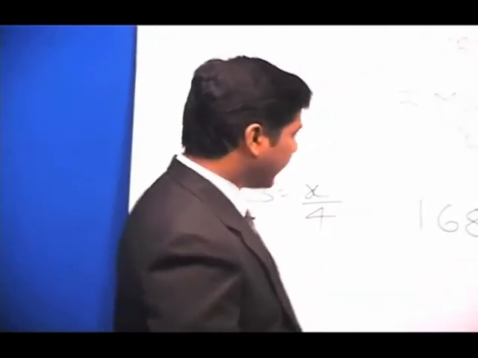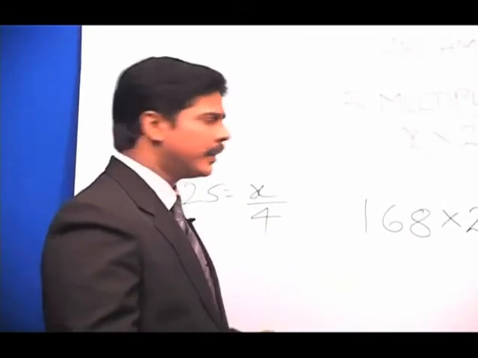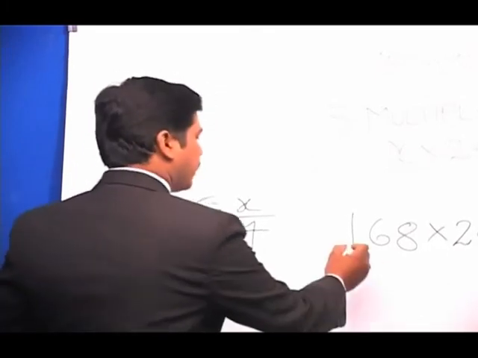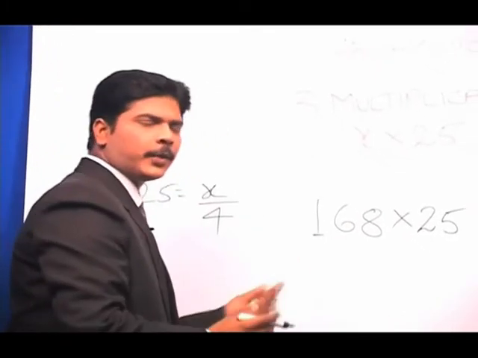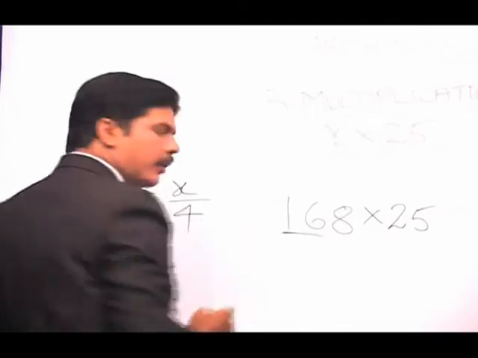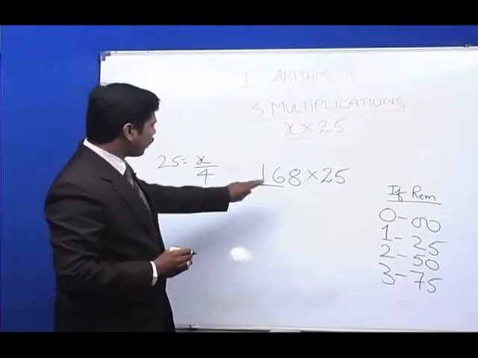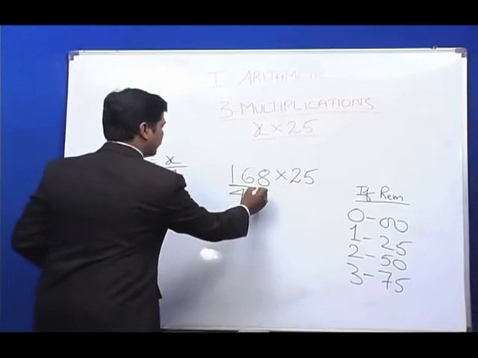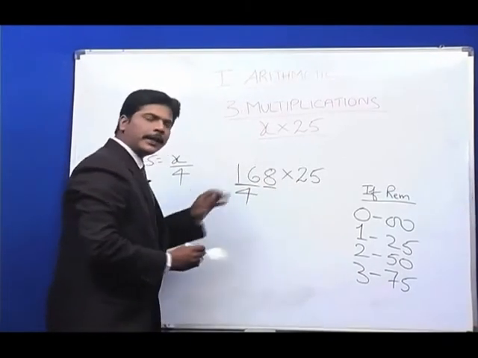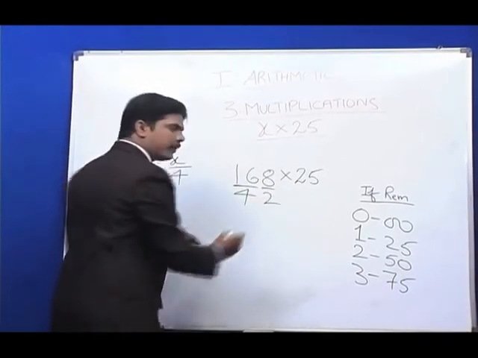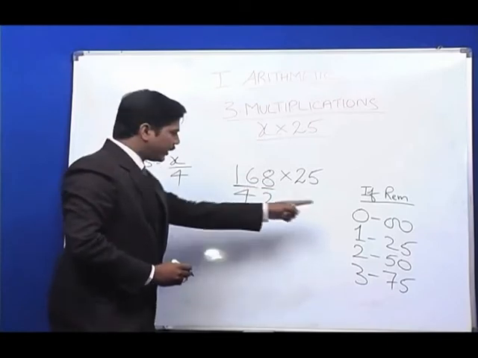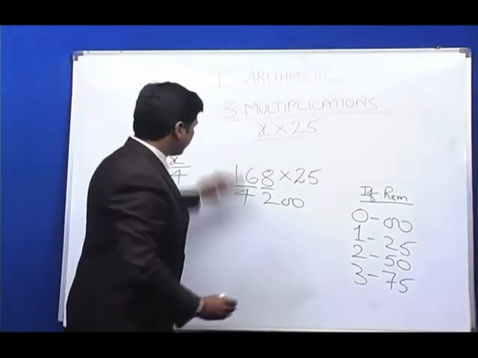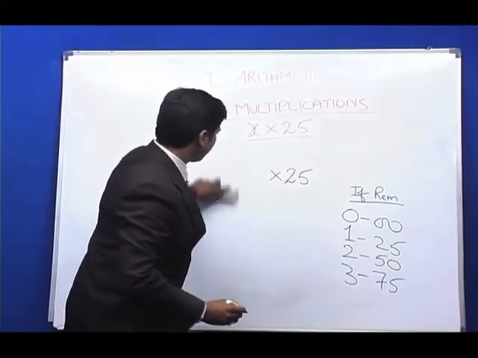Right. Now let's extend the same technique to bigger numbers. Now how much is 168 times 25? Underline the first number, 1. Will 4 go in 1? Doesn't go. Then start with both the numbers. Okay, start with two numbers. 4 goes in 16 exactly 4 times, no remainder. Go to the next number, underline 8. 4 goes in 8 exactly 2 times, no remainder. That means the remainder is 0. If the remainder is 0, the answer ends in 00.